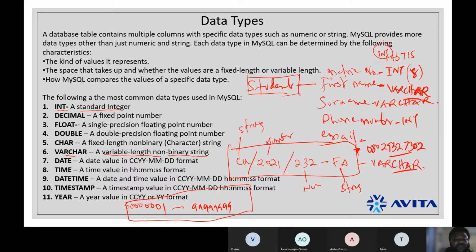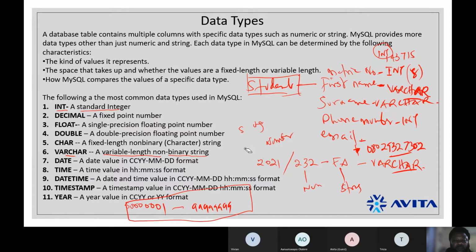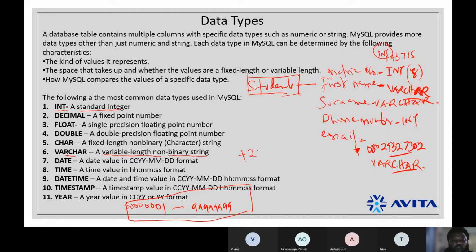But if it's going to be a phone number that contains +2348029327302, remember that plus is not a number,